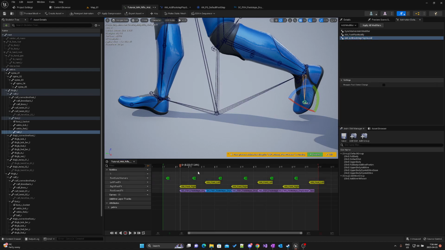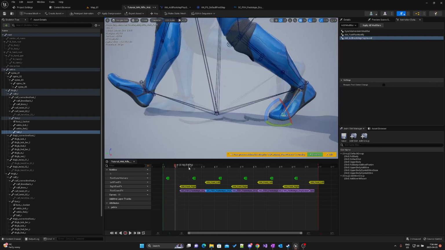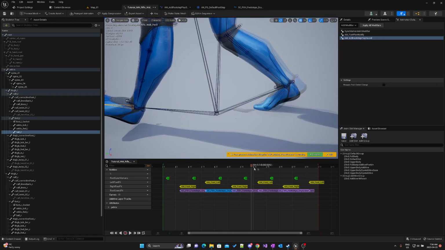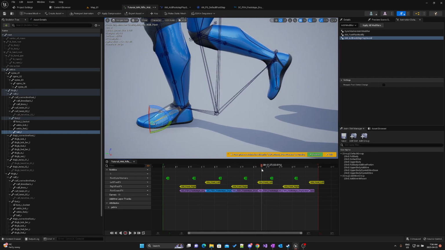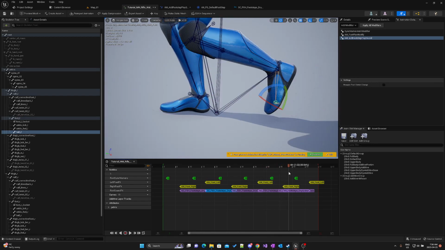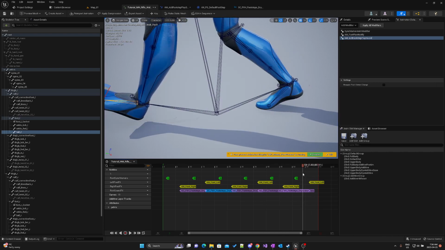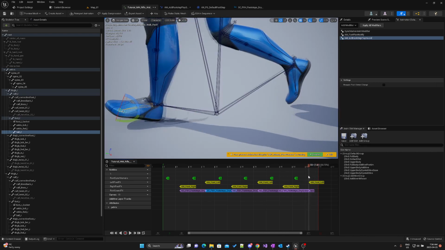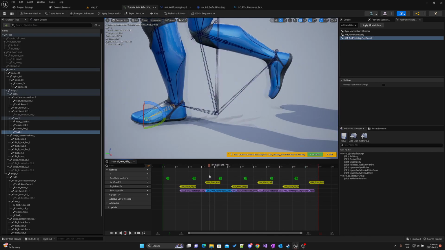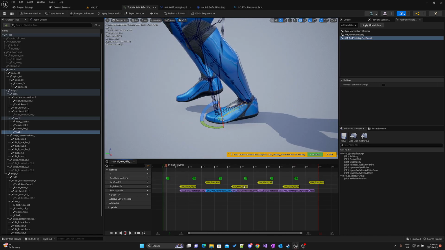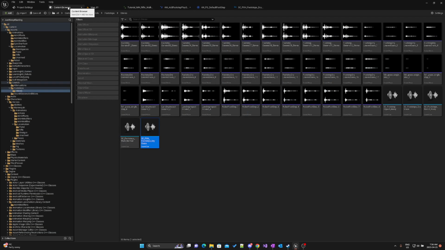There's all my footsteps. So they're all in there. I didn't have to try to line things up and zoom in and do stuff. Everything's automatic. Okay, that's the big takeaway there. So now let's look at